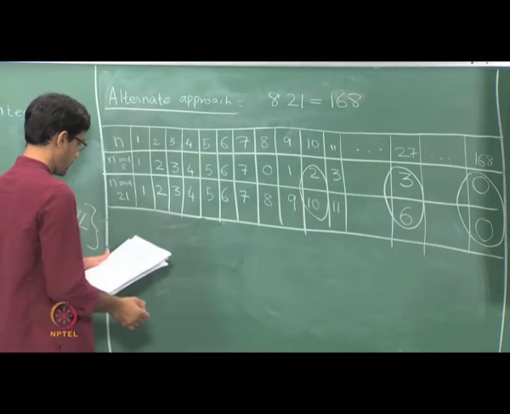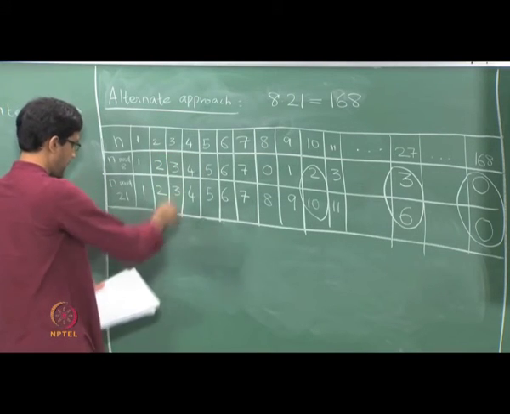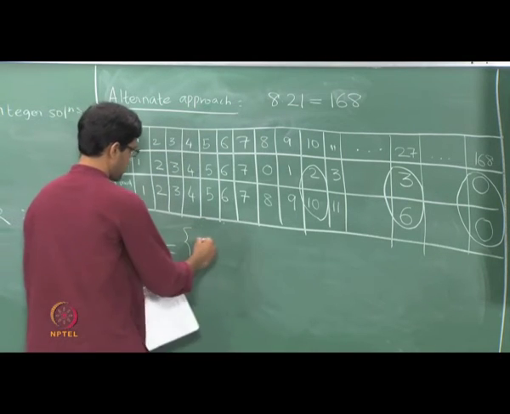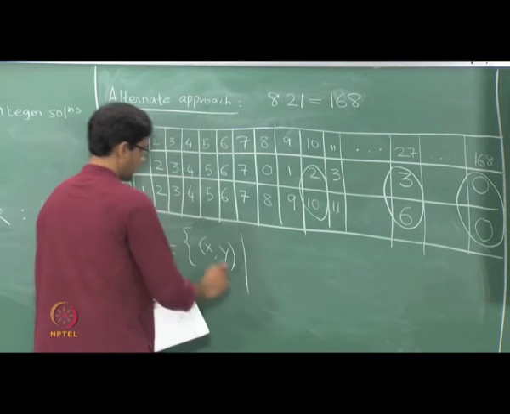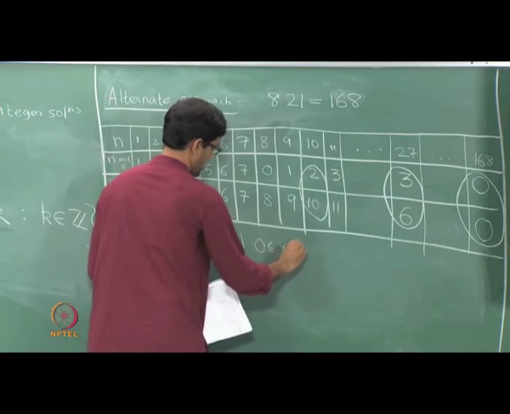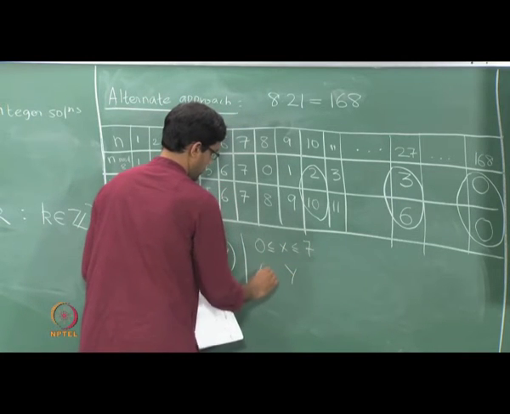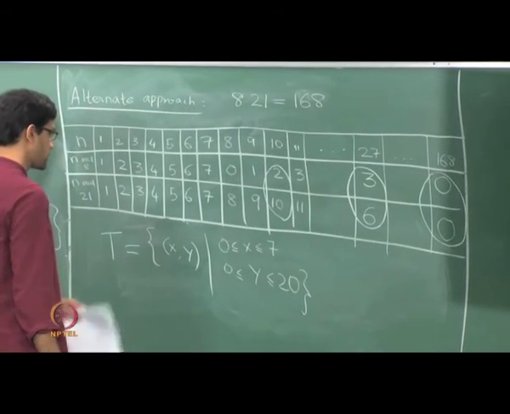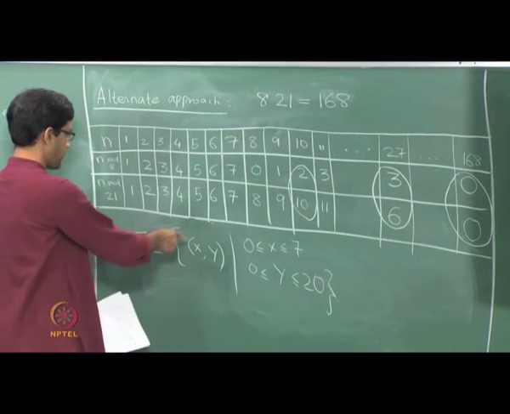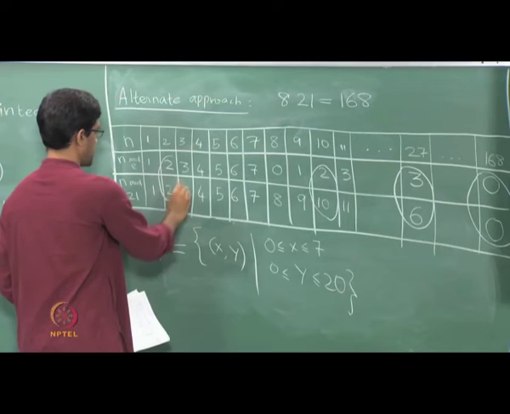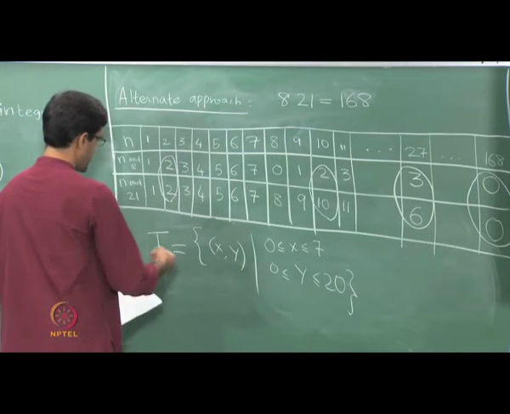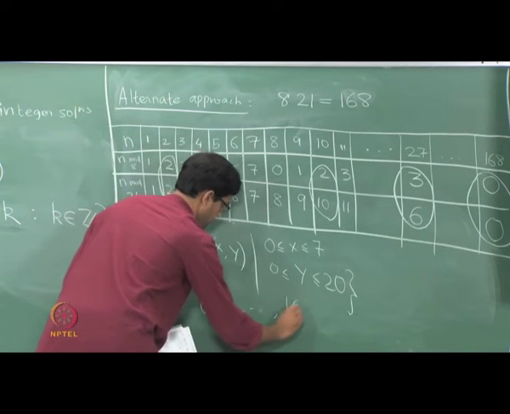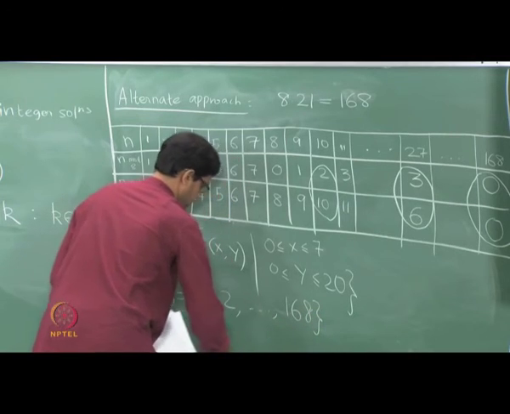Now here's the thing. Let's call the set of these pairs as something. I'll call this set T. Let it be the set of all pairs of numbers x comma y, where, remember, what can x be? It's a number between 0 and 7. Y is a number between 0 and 20. Those are the possible remainders on division by 21, right? So the pairs x comma y are these fellows. So that's the set T consisting of all such pairs. And the set S, let it just denote the set of all numbers from 1 through 168. Okay, so I construct these 2 sets.